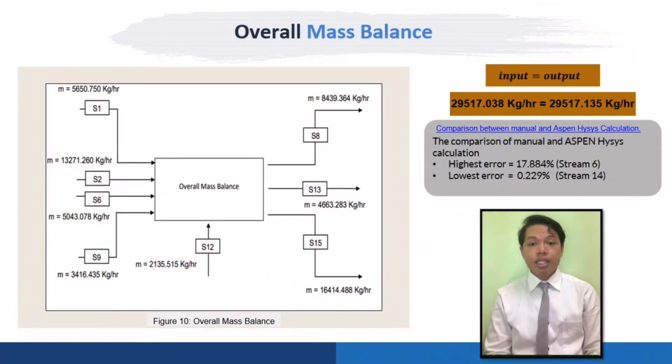For the last subtopic for this chapter, I will be presenting on the overall mass balance. As the figure shows in the slides, the overall mass balance involves 5 input streams and 3 output streams. Based on the calculation, the result shows that the mass flow rate for the overall mass balance is balanced, whereby the input mass flow rate is equal to 29,517.038 kg per hour,